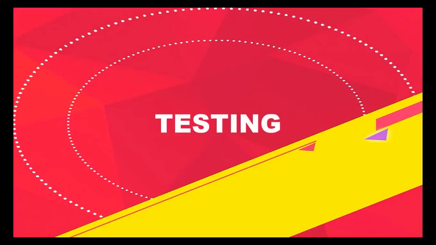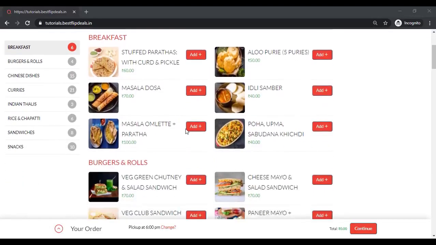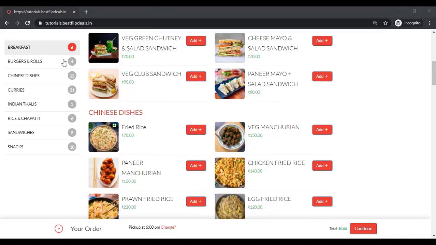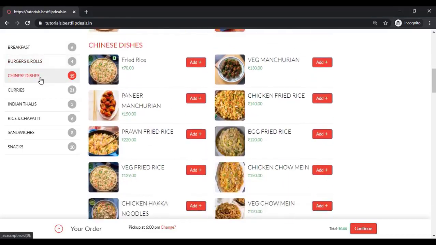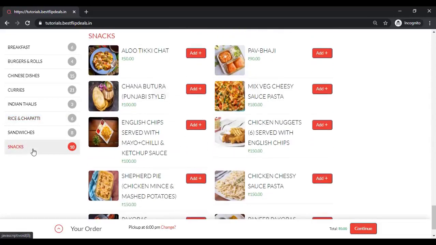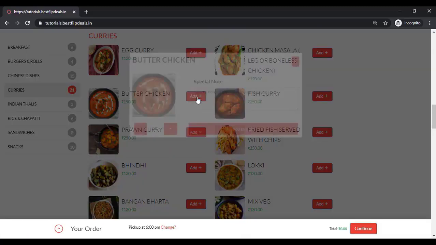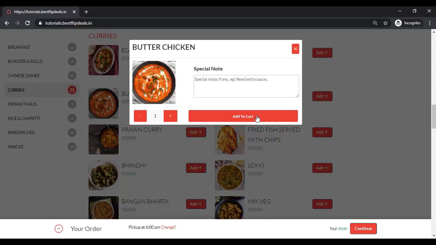Once you finish that, we can test our website. Go to our website dashboard and you can check if everything works fine. You can select the categories and you can select all the categories like this. And select a product. Just click on add to cart